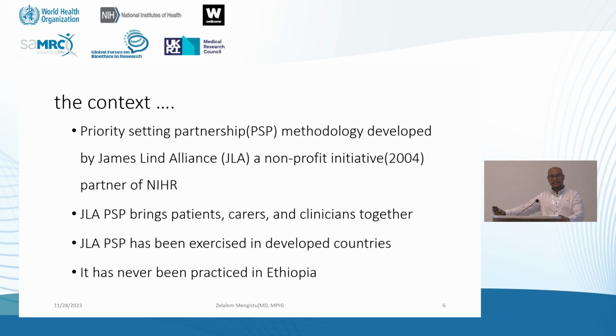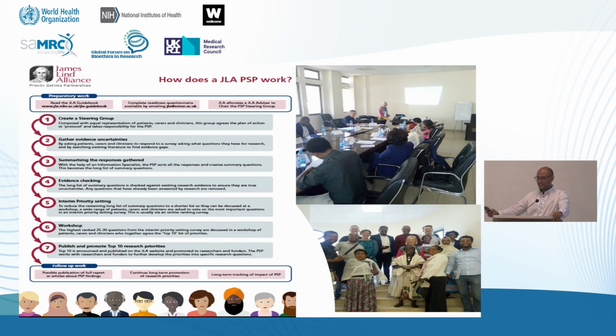So we used the James Lind Alliance classical method. We used all the steps by making some context-dependent modification. Based on the registered JLA methods, it is one of the few priority setting partnerships using the James Lind Alliance. So as Toto has explained, it has 7 stages. We have gone through all these 7 stages.